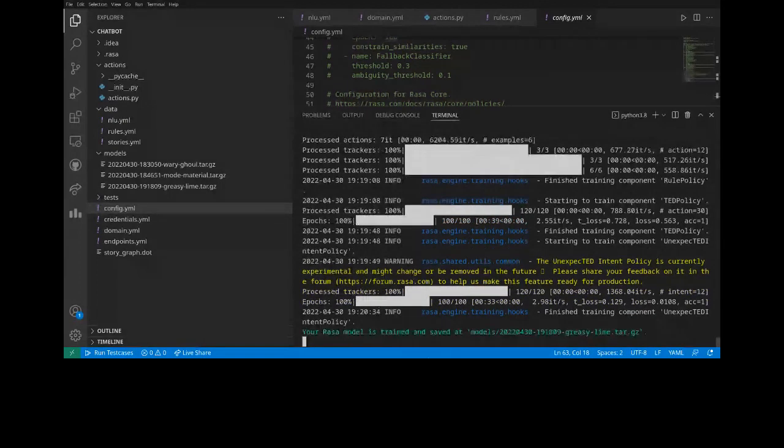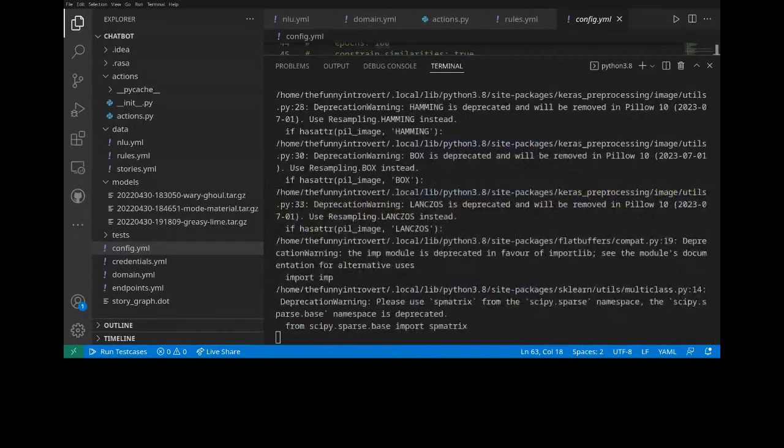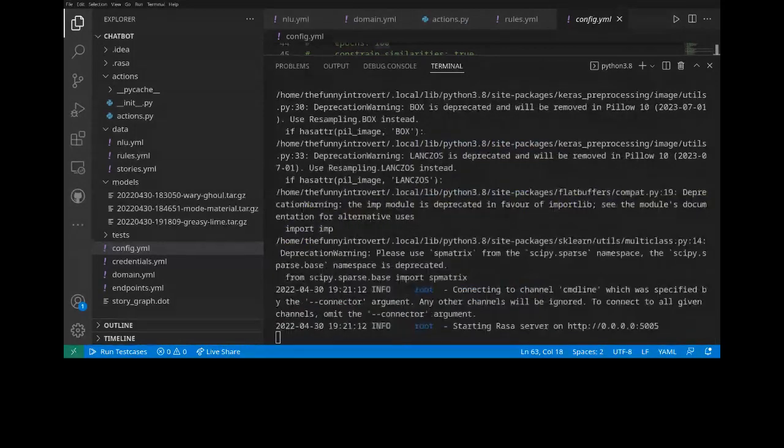Okay. Also we get a nice message: your Rasa model is trained and saved here. We get our time also. Now I will not take much more time. I will try to complete before 7:40. So let's run Rasa shell. Now Rasa shell is the same again. Basically to test your bot, whatever you have trained, after that we are just telling the bot, okay, get ready, and we are ready for you for some questions and let's see how you react.